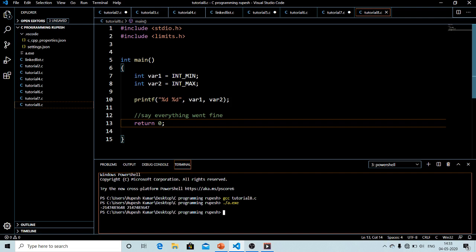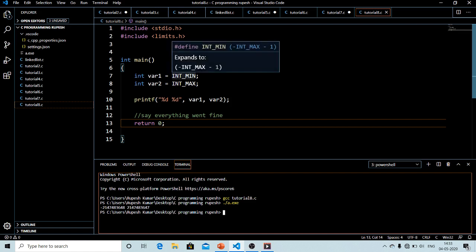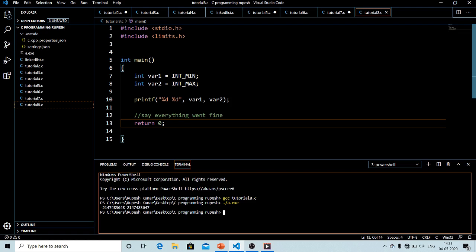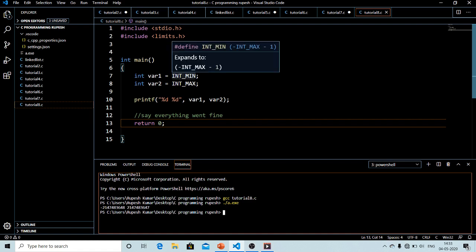Before going into that, just see the range for unsigned int, as unsigned int only takes values which are positive. That means from 0 to, not infinity, it has an upper bound which we will see.